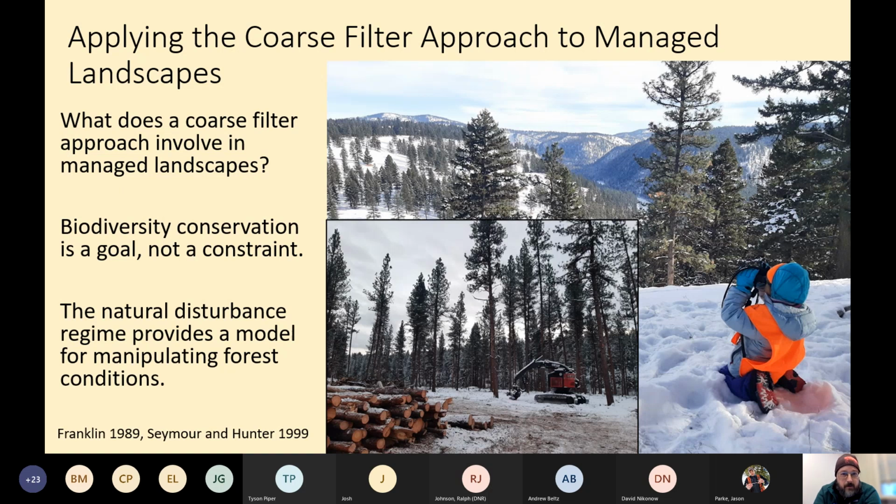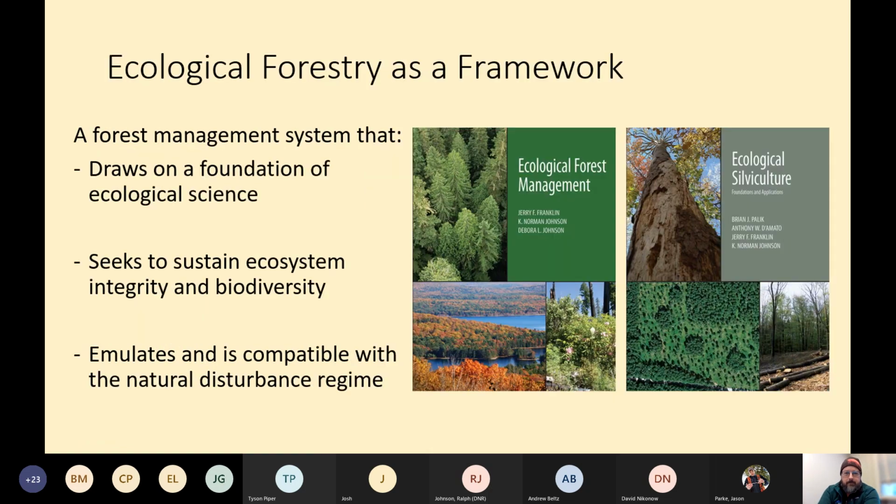One of the central assumptions, or really assertions, that I'll make, and that all of the science and literature that I draw on makes, is that the natural disturbance regime in your landscape provides a model that we can use to inform our manipulations, our active management of forest structure and composition, the conditions out there on the landscape. So I'm going to put forward ecological forestry as the preferred, or my preferred anyway, framework for implementing a